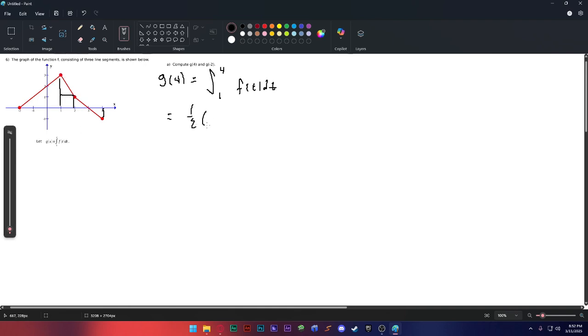So now I'm going to find the area for this triangle. So the area of a triangle, 1/2 times base, and the base is 1. And now the height, let's count it, 1, 2. The height is 2 units. Plus, now the area of this square right here, base times height is just 1 times 1. The base is 1, the height is 1. And now for this triangle right here, 1/2 times the base is 1 and the height is 1,